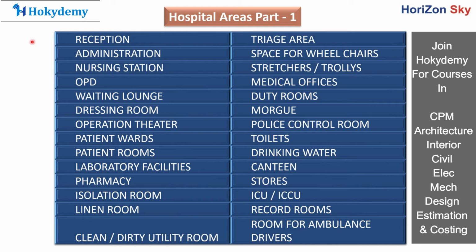Now triage area can be told as the most critical area for any hospital. In simple words, triage area is the area which is the first point of contact for a patient in a critical condition. So if a patient has been through some accident or has been through multiple traumas and needs immediate medical attention, then he or she will be brought to the triage area and they will be admitted directly for the operating procedures.